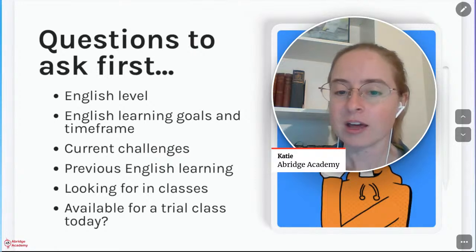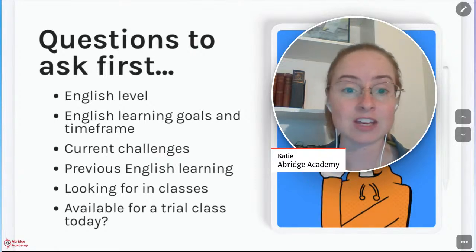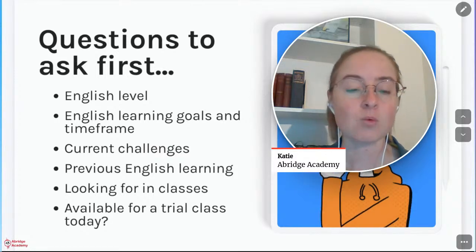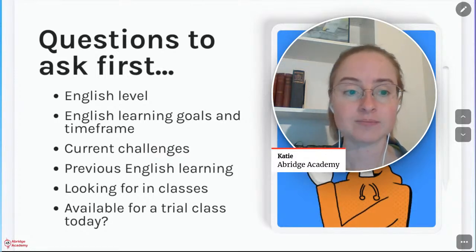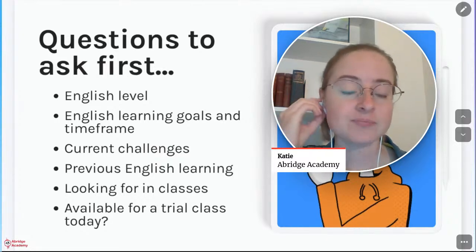Current challenges. I think it was Gillian who said, what's the problem with their current teachers or classes they're already having in school? Why are they looking for something that's different? What are they struggling with in their current English learning? And what learning have they done previously, previous English learning, that kind of thing, and specifically what they're looking for